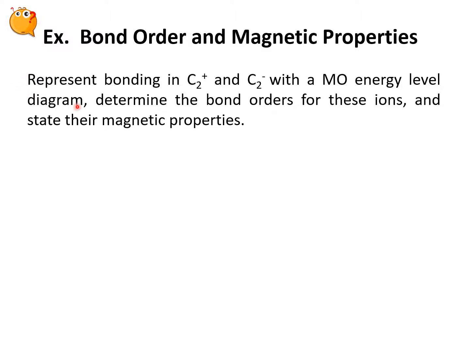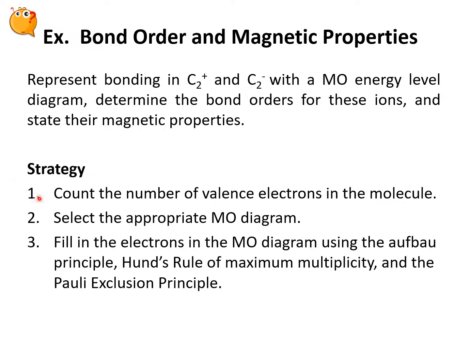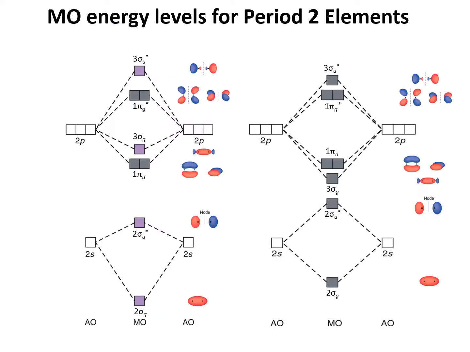In this example, we are asked to calculate the bond order and magnetic properties for the molecular ions C2+ and C2-. The strategy here will be to count the number of valence electrons in a molecule, select the appropriate MO diagram, and fill in the electrons in the MO diagram using the Aufbau principle, Hund's rule of maximum multiplicity, and the Pauli exclusion principle. So since we're dealing with C2+, we should recognize that we have to use the MO